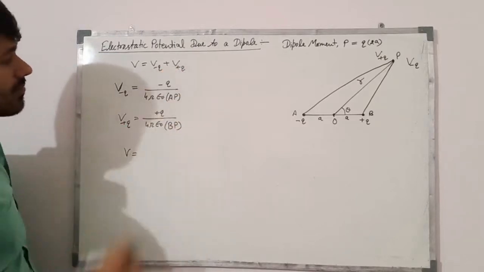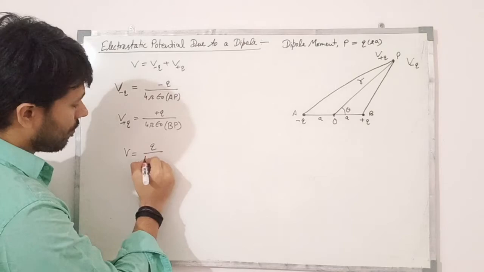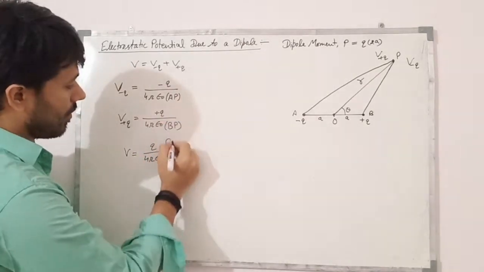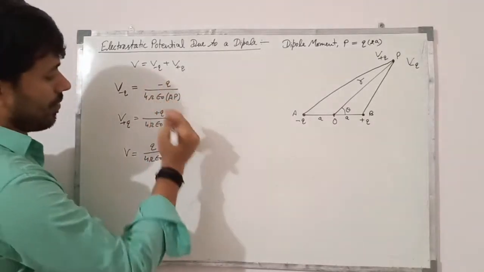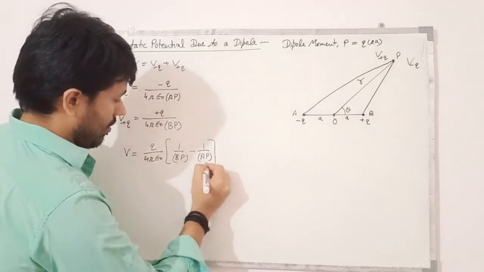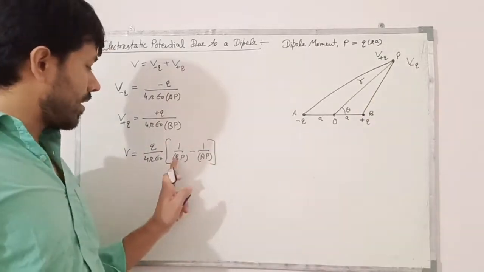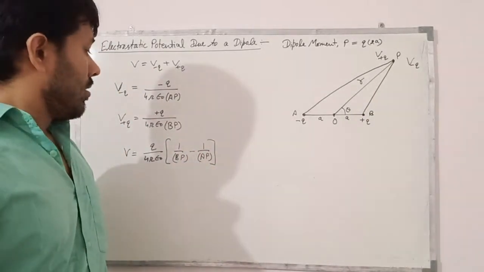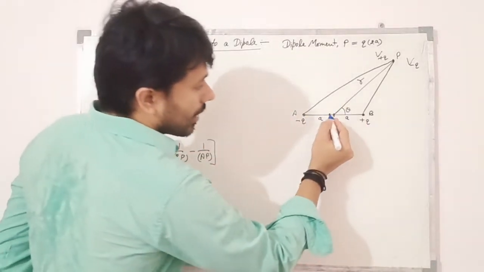दोनों का डायरेक्ट सम, स्केलर सम, दोनों को ऐड कर देंगे. क्या आएगा हमारे पास? q अपॉन 4 पाई एप्सिलॉन नोट, बाहर कॉमन, अंदर होगा 1 अपॉन BP पॉजिटिव एंड नेगेटिव ऑफ 1 अपॉन AP. Now to find the value of the potential at point P, we have to find BP and AP. कैसे फाइंड आउट करेंगे BP एंड AP? उसके लिए हमें कुछ कंस्ट्रक्शन करनी पड़ेगी. Let's say